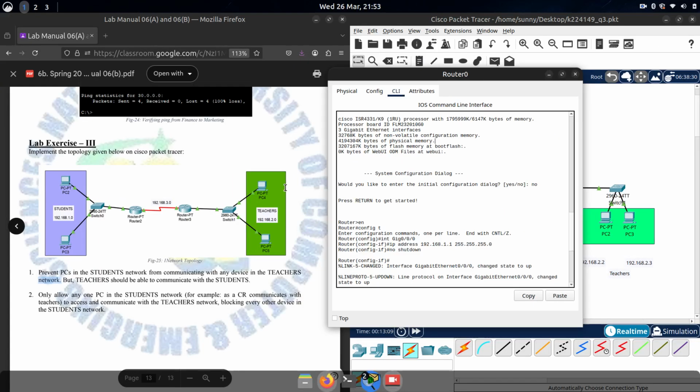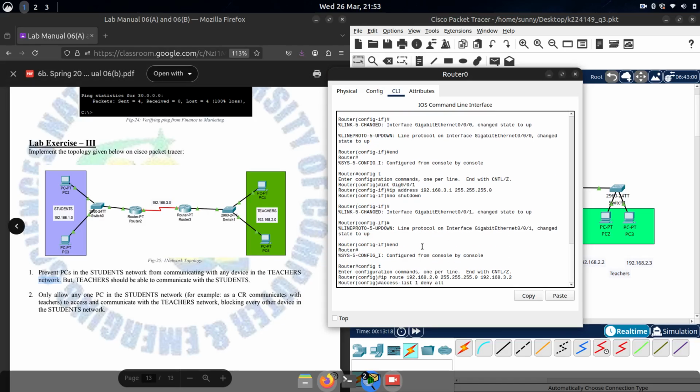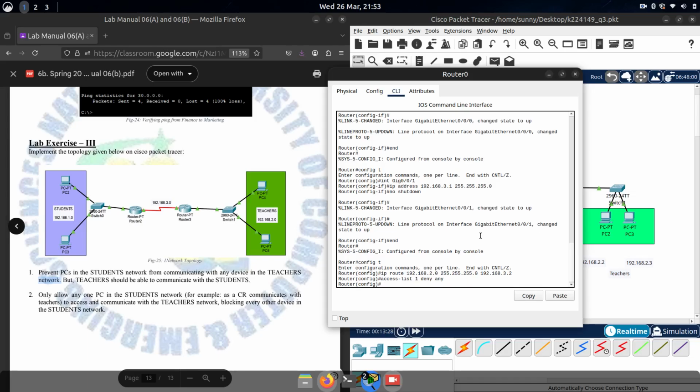Let me just minimize this real quick. Yeah, सही कह रहा है. Prevent PCs in the student's network from communicating with any device in the teachers, but teacher should be yes. So this is a unidirectional constraint. Oh, sorry, I have to deny all or deny any. I'll just go with deny any. This works. Okay. Now I need to actually enable this constraint on a port, so I have to go towards